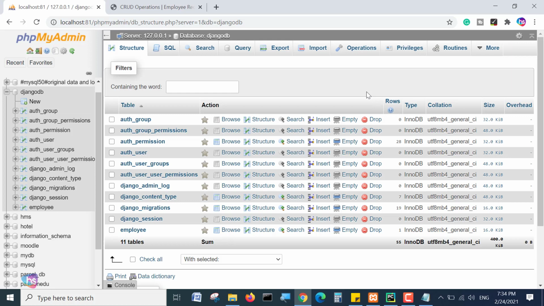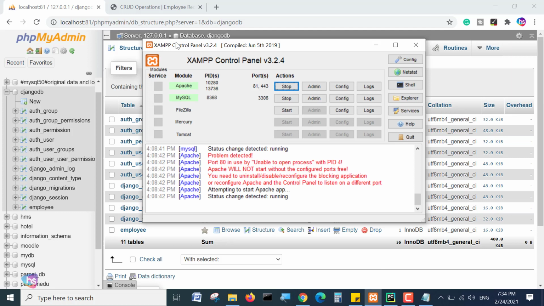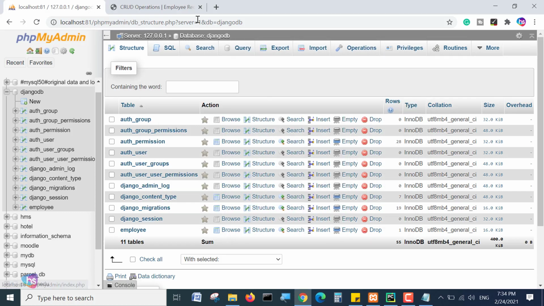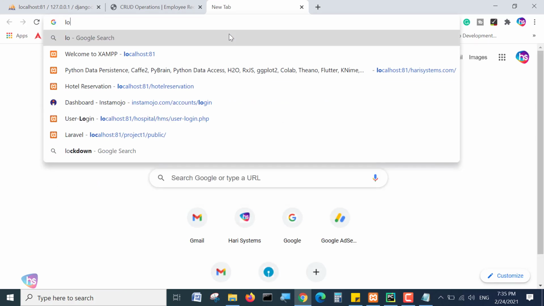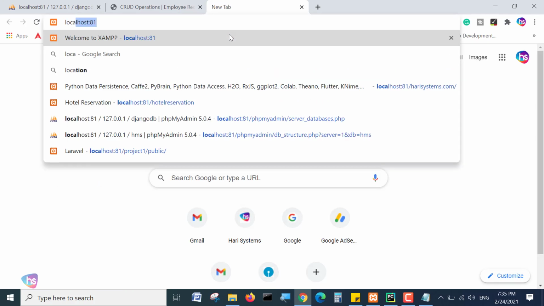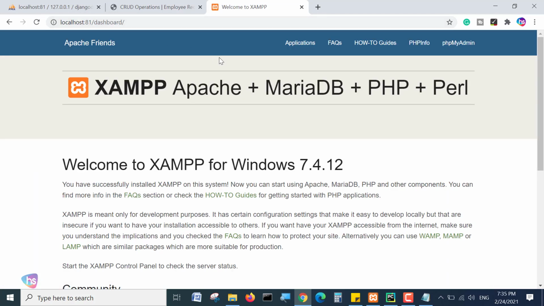It's very easy. Go to Google and type the simple word XAMPP, and you can download it based on your operating system version and flavor, whether it's Windows or Linux. Based on your operating system, you can choose this tool. Once the installation is successful, see localhost. By default it's port 80. In my system I have changed it to 81.